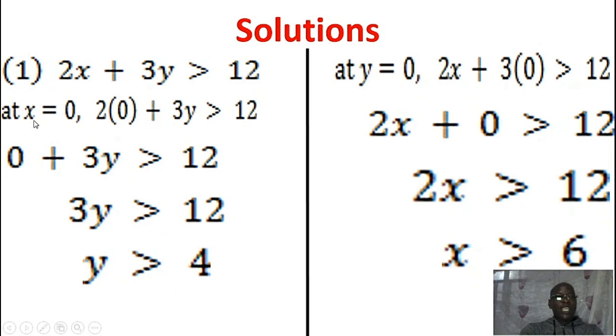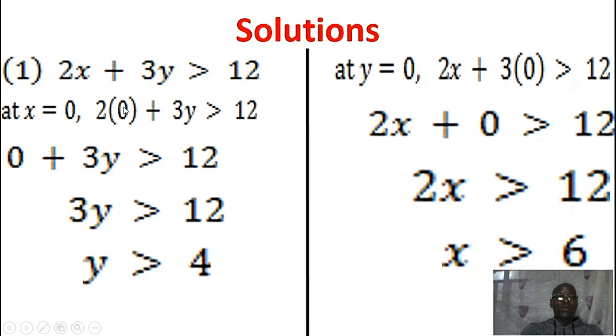Here we say at x equal to 0. The meaning of x equal to 0 is that we are moving along the y-axis vertically, and along the y-axis, if you stand on the y-axis, go up and go down, as you are going from positive y-axis across 0 to the negative y-axis, the value of x that you can jump along that line is only 0. It is only 0 that you can jump there. That is why we say let x be equal to 0. It means let us move along the y-axis and see what will happen in this particular system.